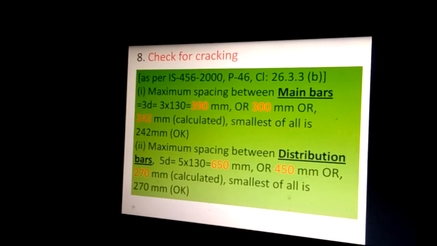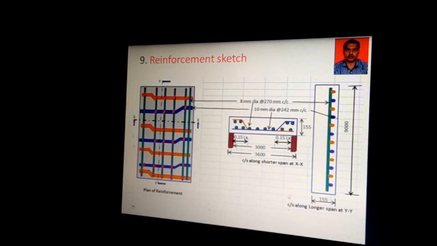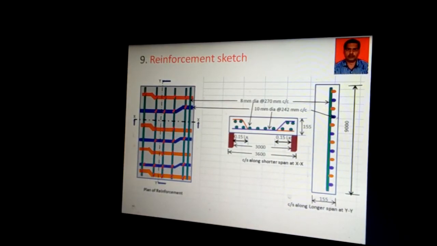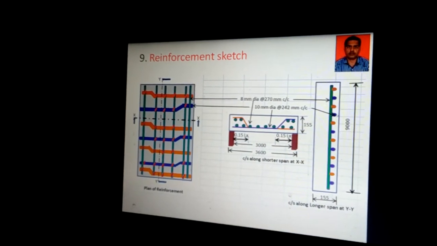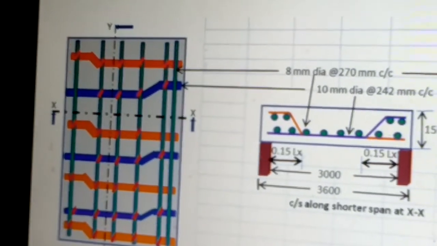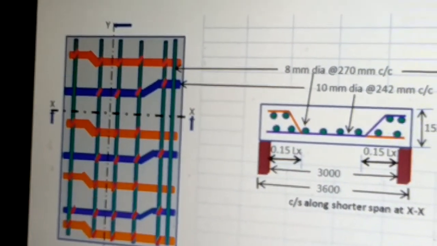Now with this check, the most important part is to show the reinforcement sketch. So this is the plan of the reinforcement, a typically drawn plan. Now if you see here the colors in plan, you can see